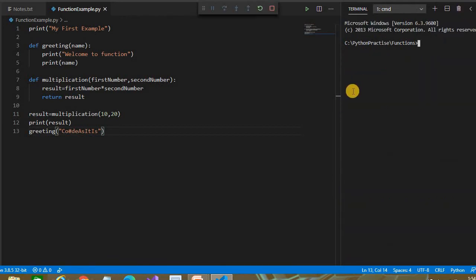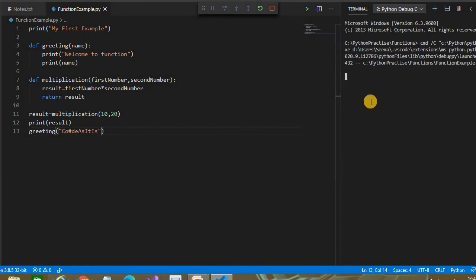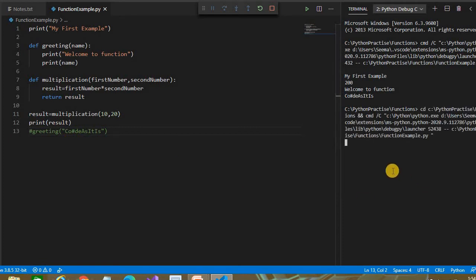If you run this, it will pass the 10 and 20, and the output is 200. Okay, we comment here. See, it's giving 200. Simple.